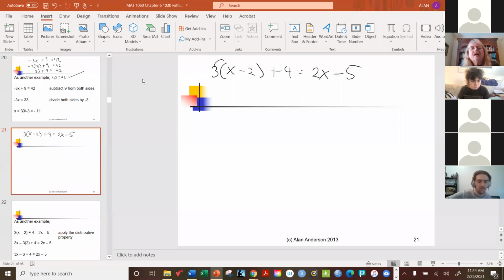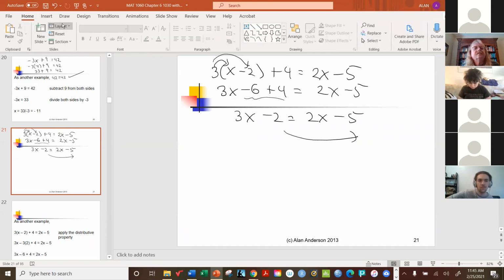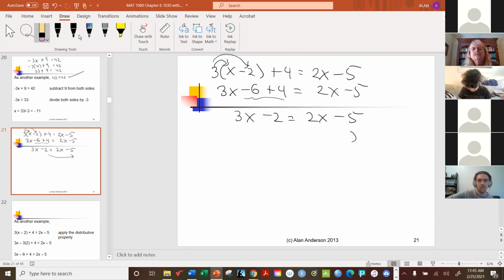First, you want to multiply these terms by the 3. 3x minus 6 plus 4 equals 2x minus 5. Now, since these are already together on one side, let's consolidate those before we do anything else. And let's just decide that we'll put all the constants on the right-hand side. So we need to add 2 to both sides now. And that leaves us with,